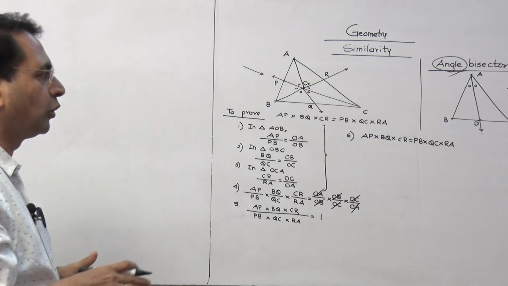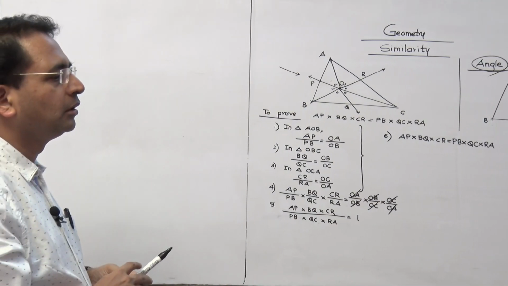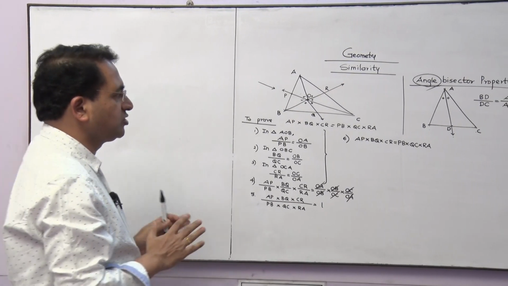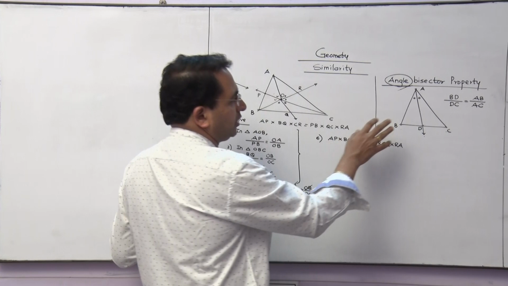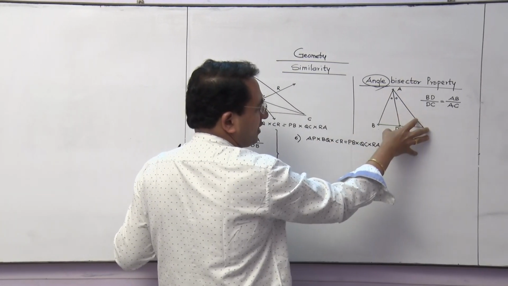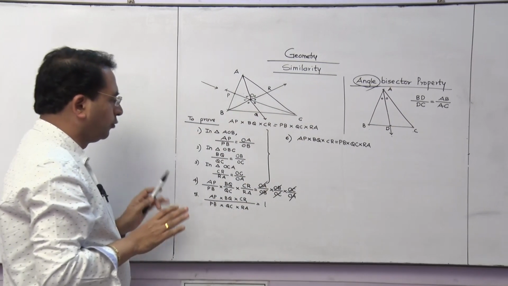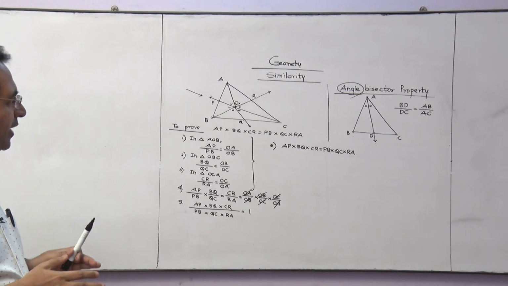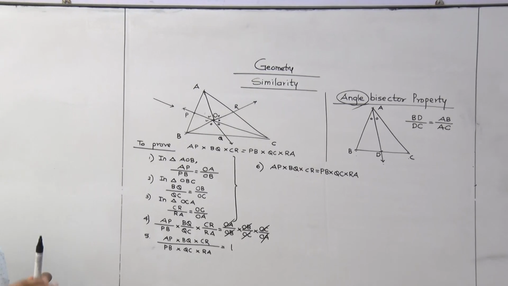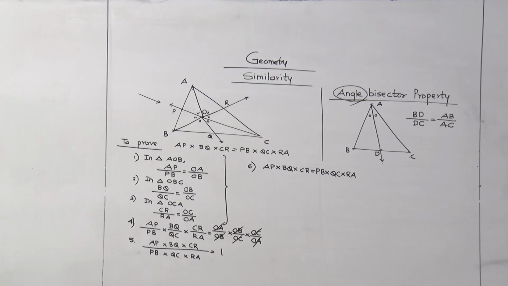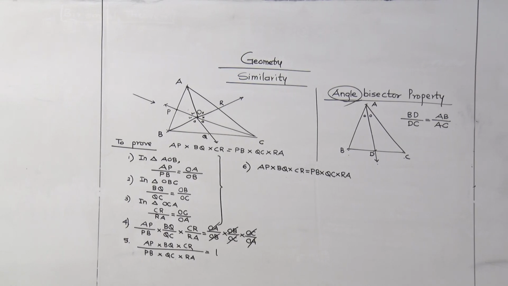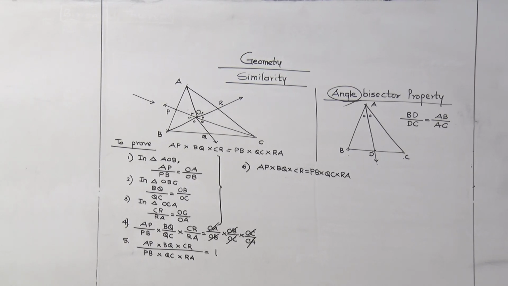Basically, you have to learn all these approaches. This thing is totally new to you, but the questions are based on simple logic. This is an angle bisector property based question. I hope you must have understood this. These kinds of questions you can expect for 3 marks or 4 marks sometimes in the test. I hope you must have understood this.